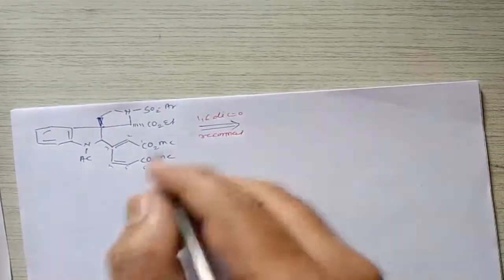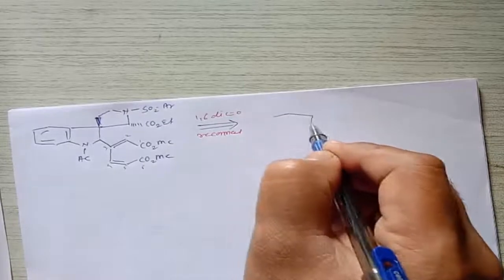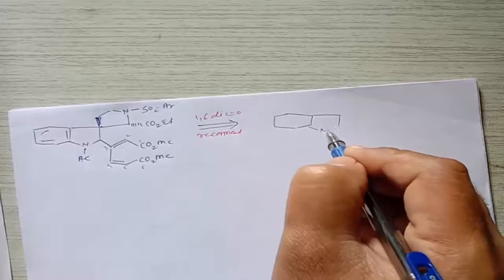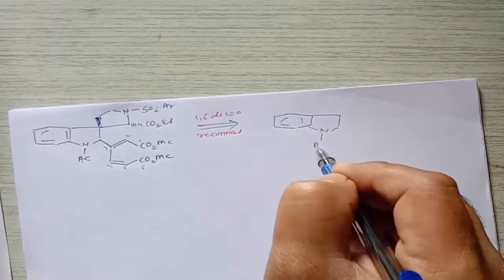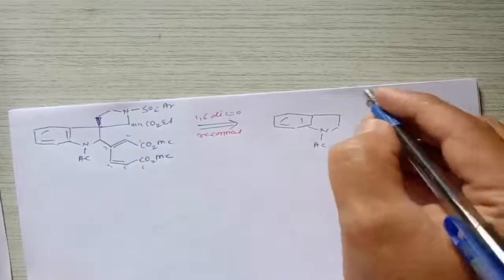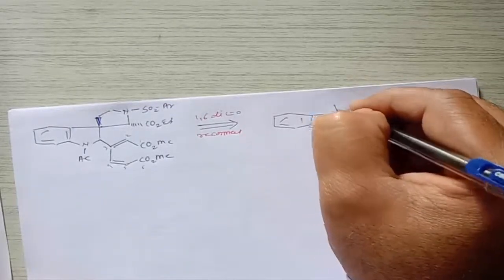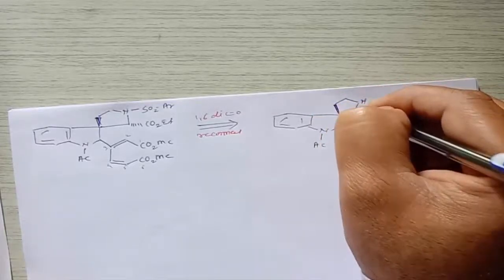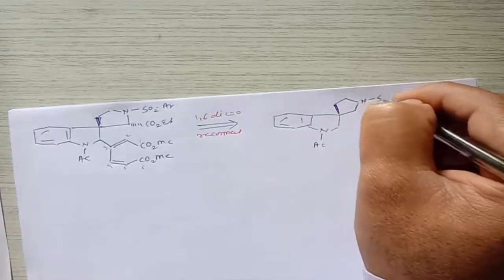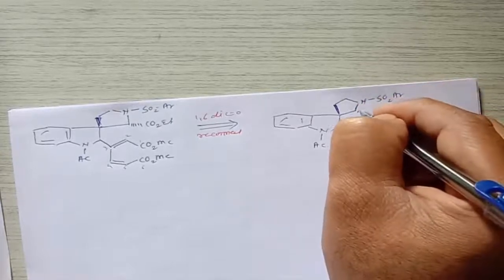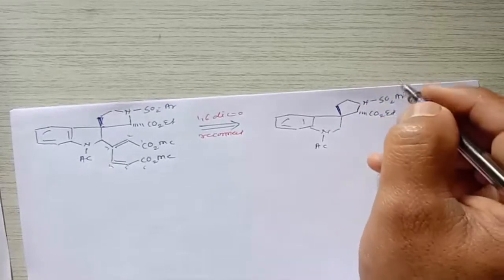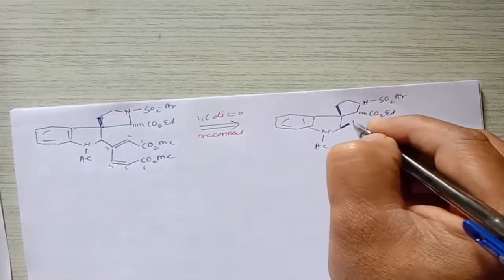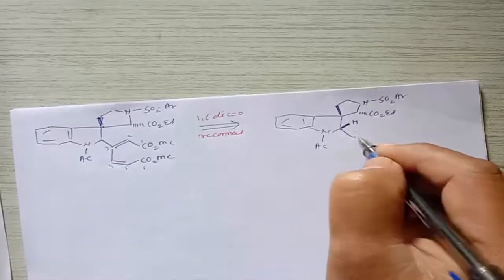So simply by ozonolysis we can break this molecule, and what we get here is a molecule like this, which contains an aromatic ring. So this has amine functionalities, and here this is a 6-member ring, which contains SO2Ar. Here is CO2, it is here, right? And here, this hydrogen is above the plane, and it gives a 6-member ring.